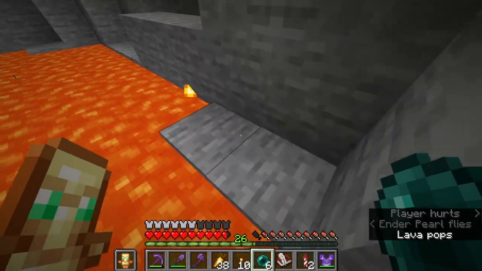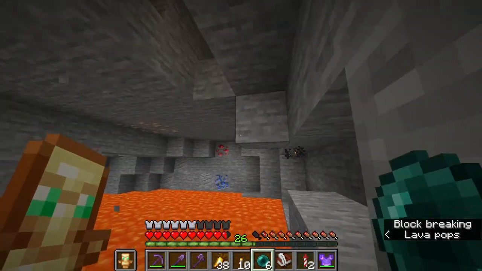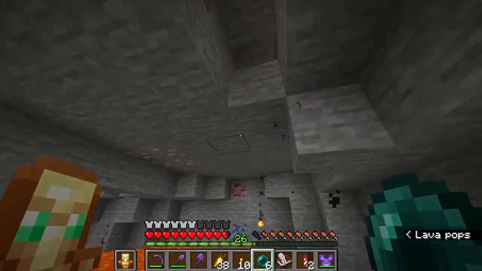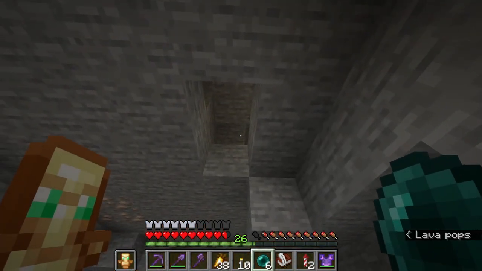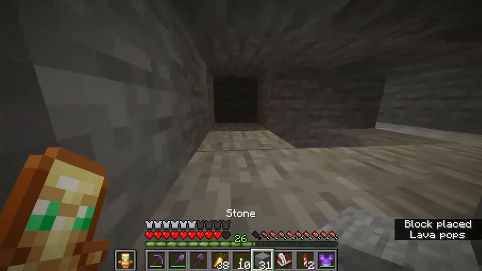Okay. So yeah, sometimes lava lakes will actually generate below... Even in old chunks, they would have generated below, like, Y10. So, but yeah, what you can do, though, this is a really efficient way of mining because...